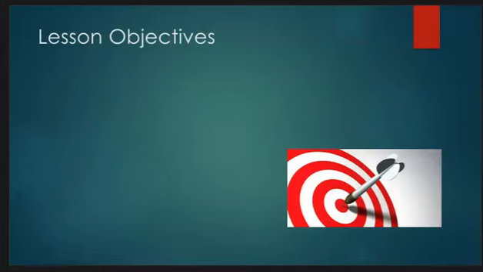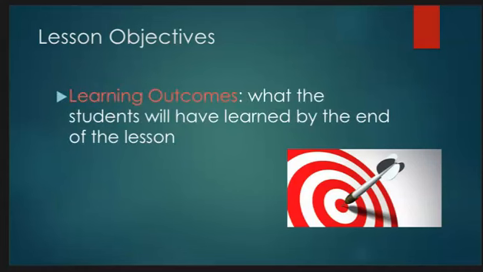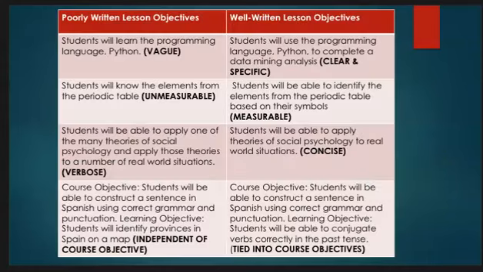Lesson planning should be built around objectives, clear outcomes or learning outcomes that indicate what the students will have learned by the end of the lesson. So it's not about what the teacher does. It's not about what the students do. It's really about what the students will have learned. And those learning outcomes need to be specific. They need to be measurable. They need to be demonstrable. Those are the key things we need to be keeping in mind when we think about objectives, and we'll talk more about that. But let's look at some examples of learning objectives.